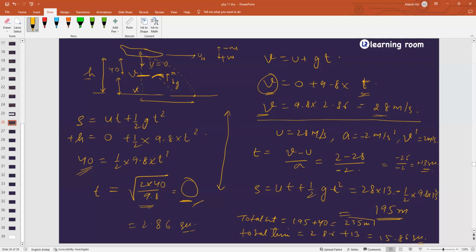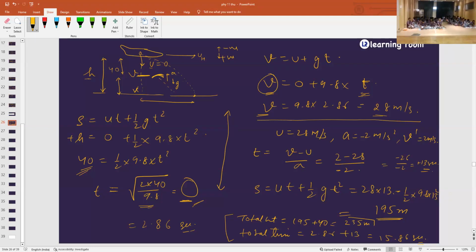Did you understand it or not? First, we calculated for the portion before opening of parachute, and then we calculated for the portion after. Pardon? The last two steps on this one, explain, sir. Last two steps. These two. No, sir. Before that, sir. Yes, okay. Before that, what we did, S was the distance that he had traveled after opening